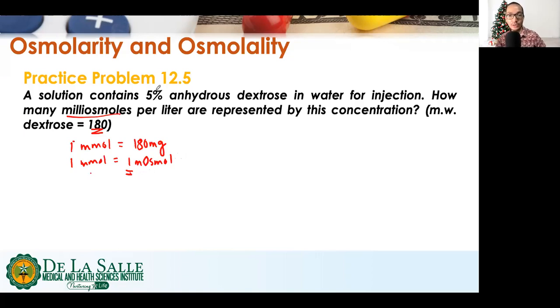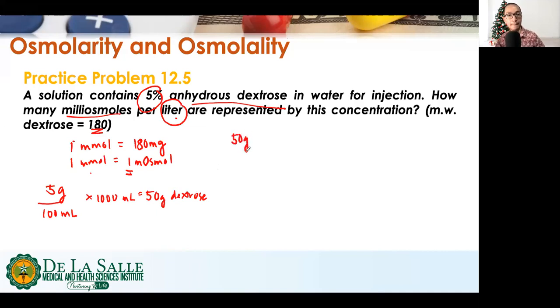Okay? The next thing that we will do is we will determine how many grams of the anhydrous dextrose are present in a liter. Okay? So 5 grams are present in 100 milliliters. Okay? Now, if we will convert this to a liter, okay, so we multiply this by 1,000 milliliters. So we have 50 grams of dextrose present in a liter of the solution. Okay? And so now that we know this, okay, we know the amount of the solute, 50 grams of dextrose, okay, in the solution,